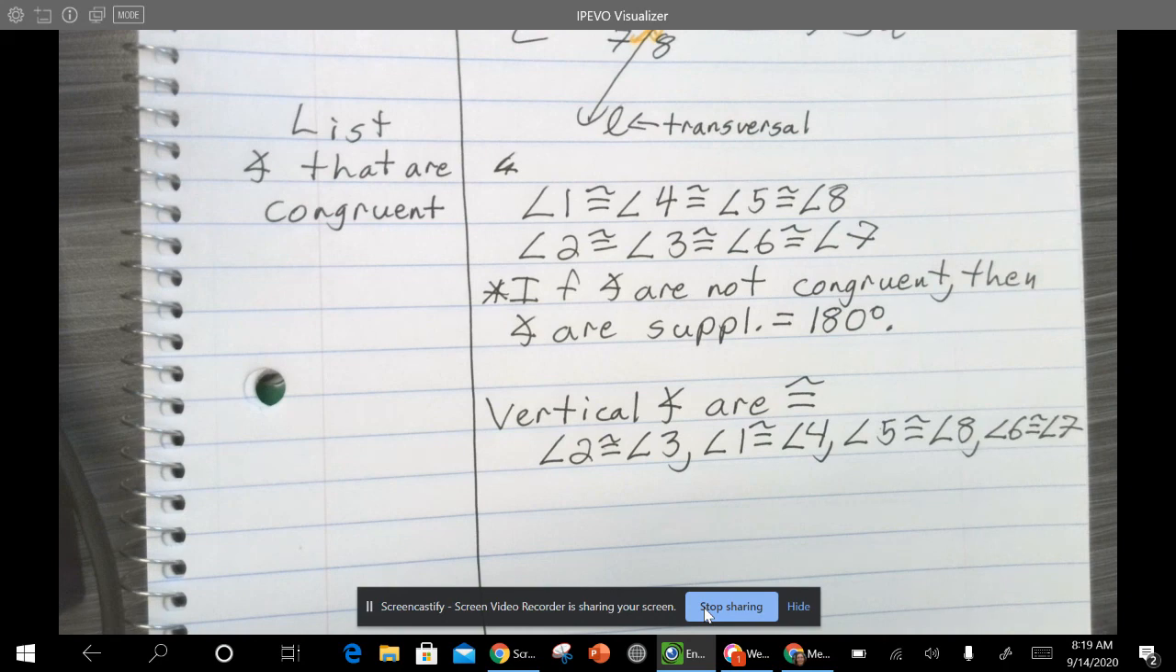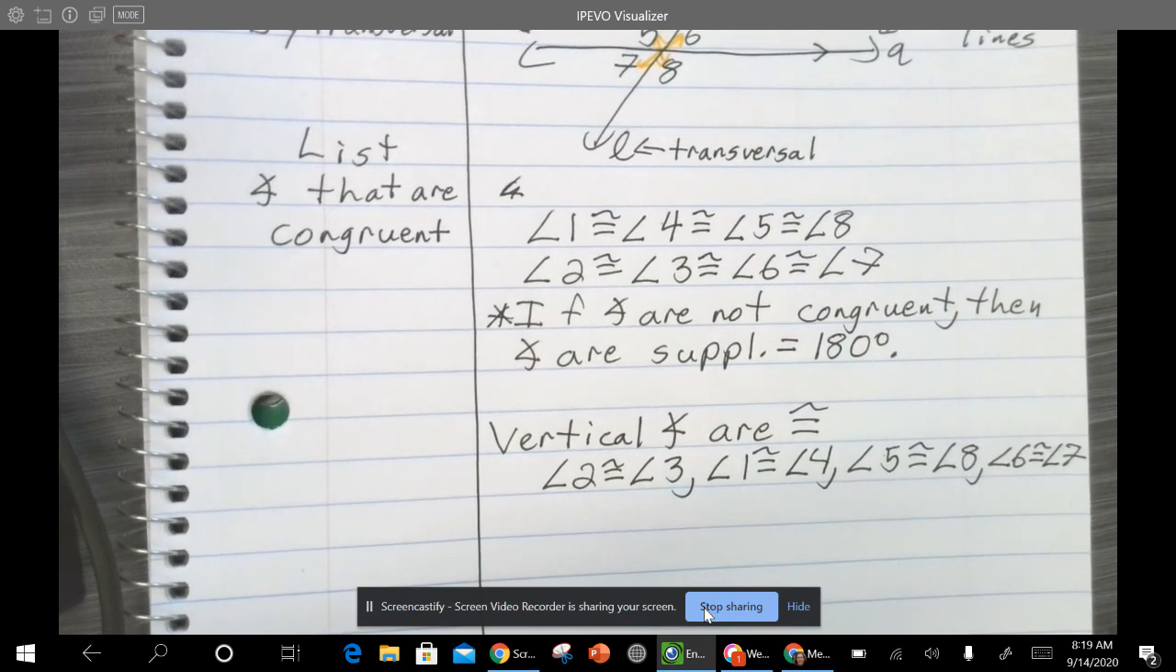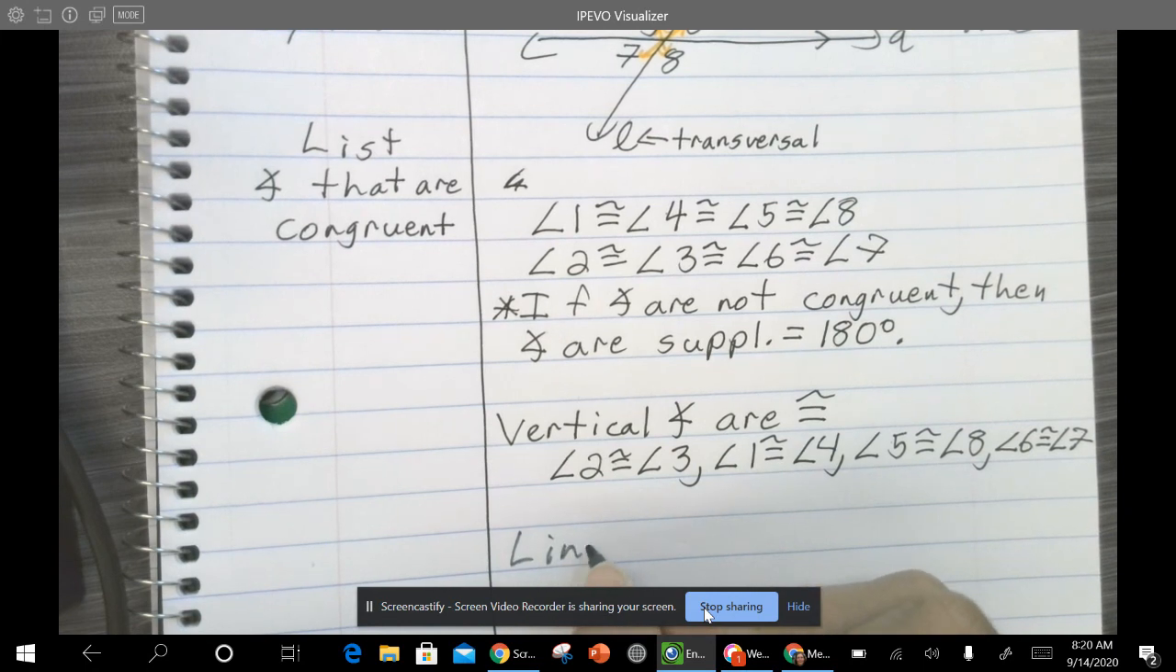Okay, so linear pairs are supplementary. Okay, so linear pairs are ones that are next to each other. Okay, so linear pairs